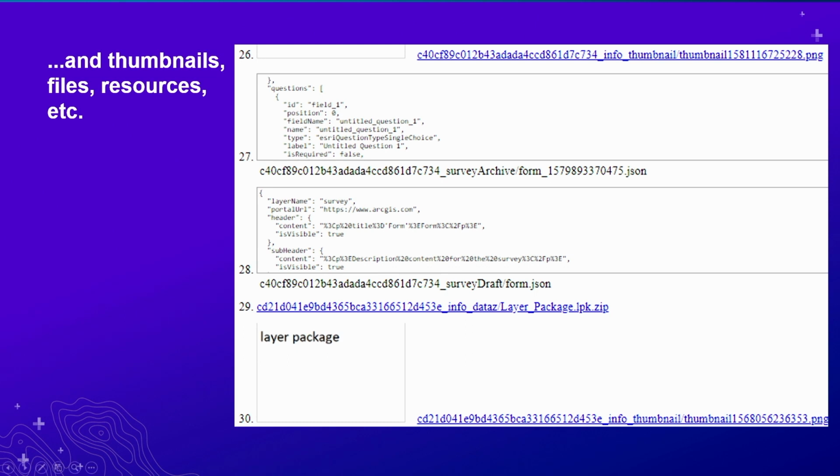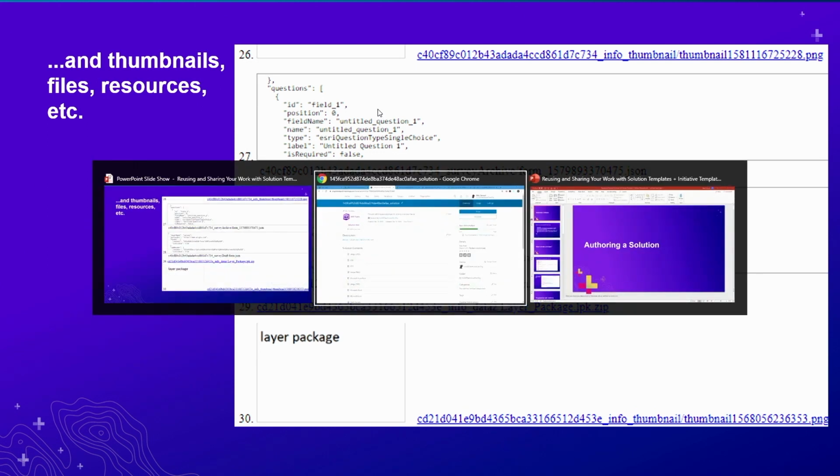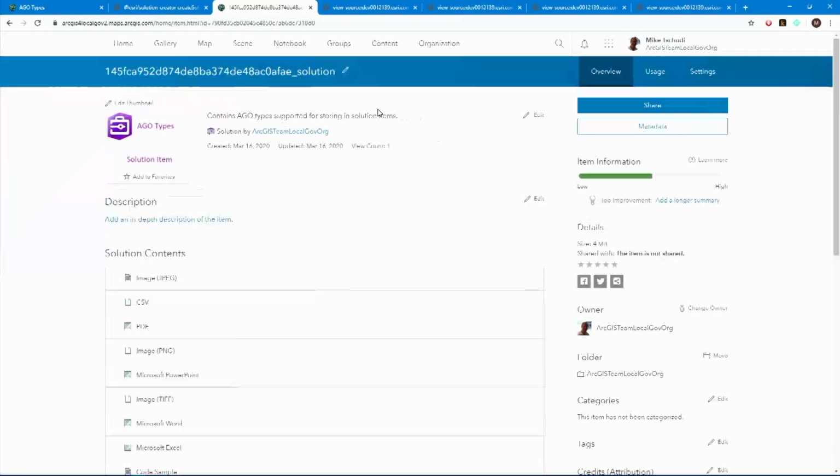Here you see a layer package's item thumbnail, but you also have the layer package itself. We have a few of the files that accompany a Survey123 form, which has a JSON payload, but it also has these other JSON files. So we include all sorts of interesting items here. And then going back to our echo of the creation of the item we created,